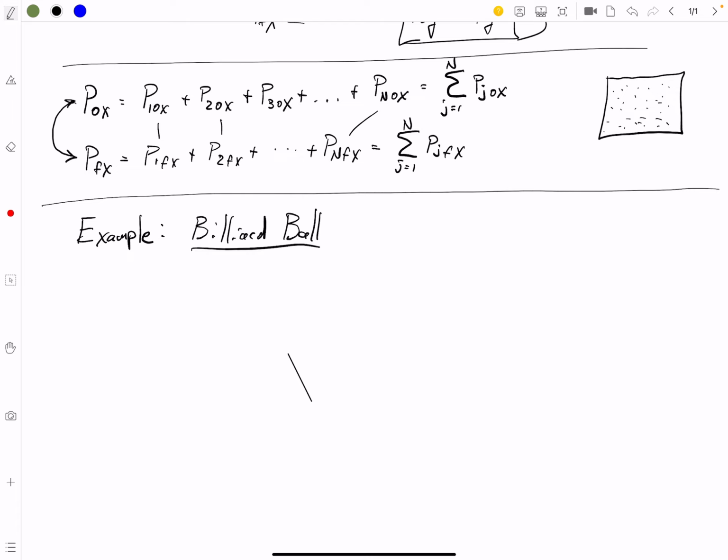Billiard ball example. Now, our whole deal, here's our whole deal. We've got a before. Before, we've got this situation where there's an 8 ball,